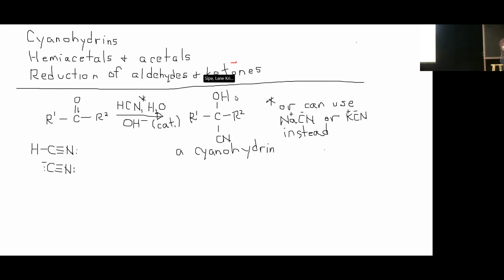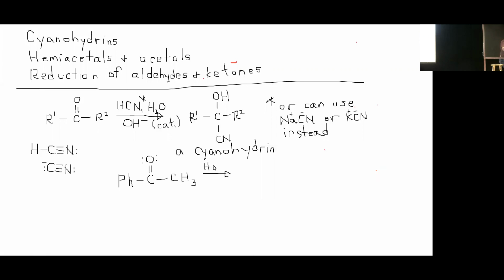But let's see, where was I then? So the product is of this type. We call compounds like that cyanohydrins. And they're of some usefulness themselves also. But just to give an example so that we can go over the mechanism, let's go back to our friend acetophenone. So we'll say one of the R groups is a benzene ring, phenyl group, and the other one is a methyl group. So we could pick any aldehyde or ketone. And let's then stipulate that we treat this with